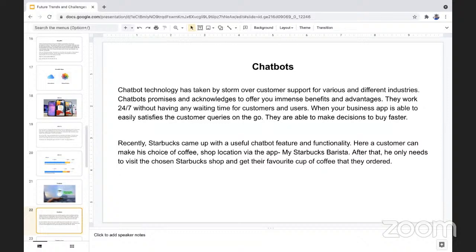Chatbot technology has taken customer support by storm for various industries, and chatbots promise to offer immense benefits and advantages. They work 24/7 without any waiting time for customers and users. When the business app is available to easily satisfy customer queries on the go,